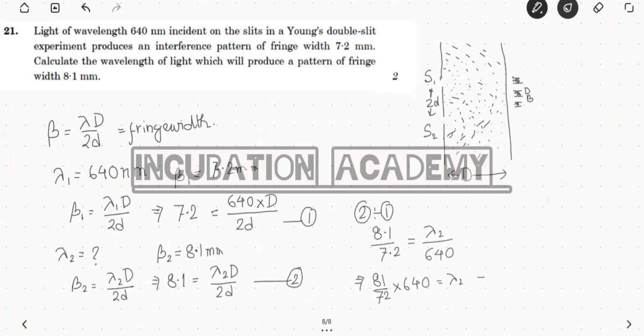So what will happen? If I divide 72 and 81 by 9, it will become 8 and 9. Then 8 and 640 cancel out and it becomes 80. 80 into 9 gives you 720 nanometer. Sorry, not millimeter, it is nanometer, because the wavelength that I have taken is in nanometer. The wavelength that I have found is